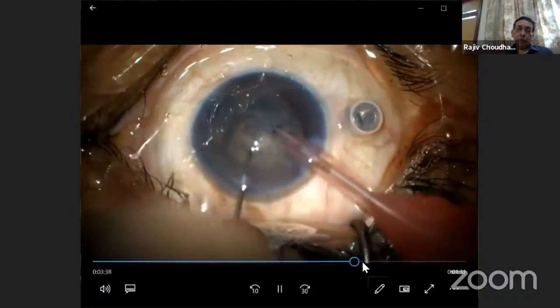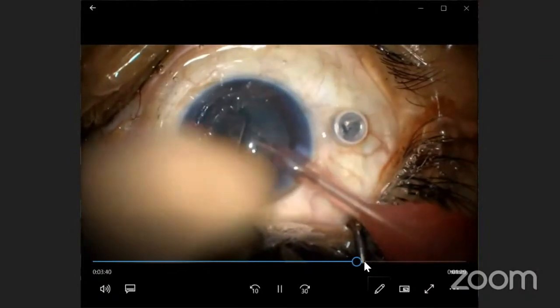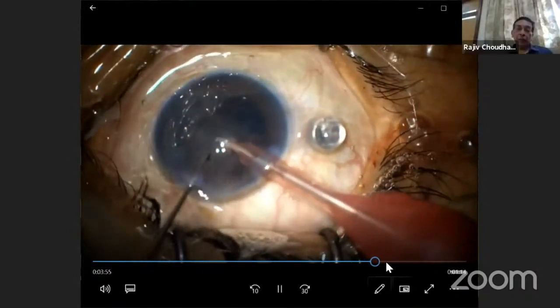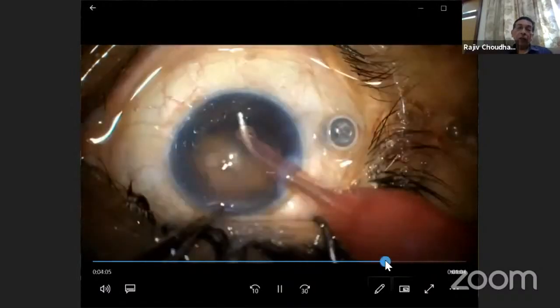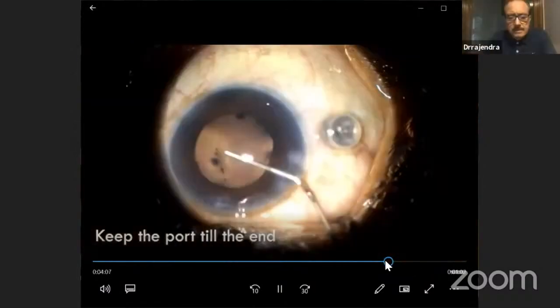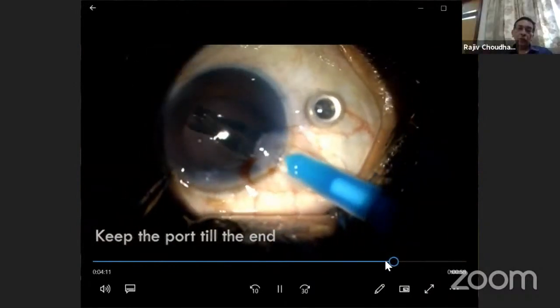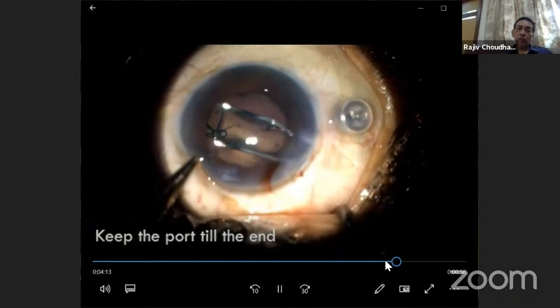So basically, I wanted to show the option of doing this. And now we can see that surgery is performed well. And then inject the lens as usual. It will be like a normal surgery.